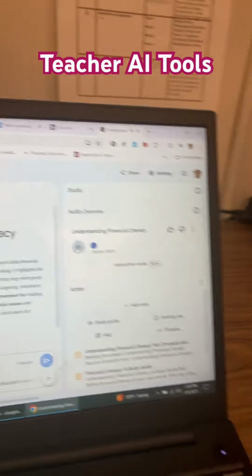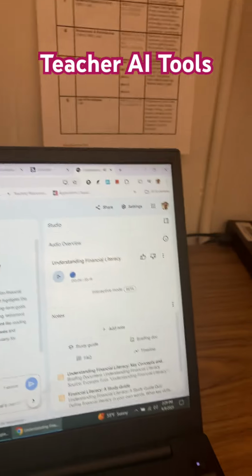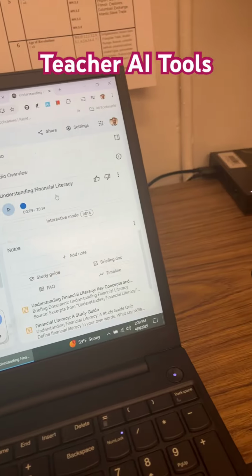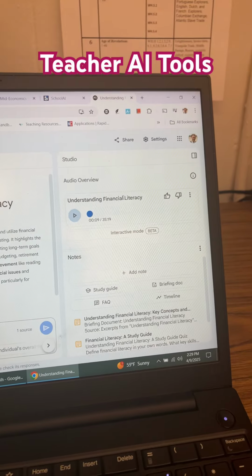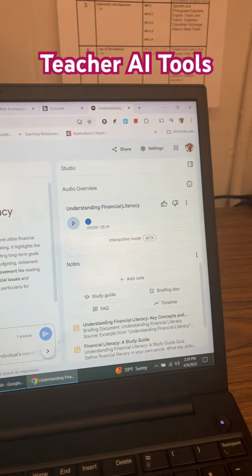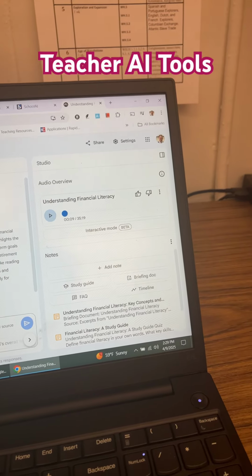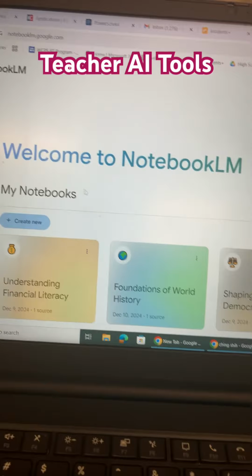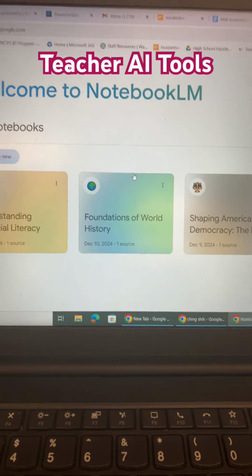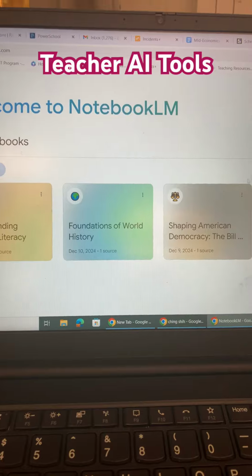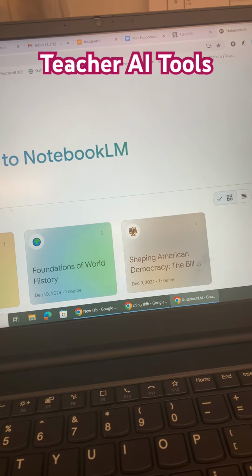literacy. So it creates a podcast between two people where they're having a conversation. This is great for students to listen to when they're at the gym or working on something or just walking. And that's a great way to learn this. So again, you can use it for multiple things. You can create as many as you want to my knowledge and have access to these. And I can give them to my students to show.